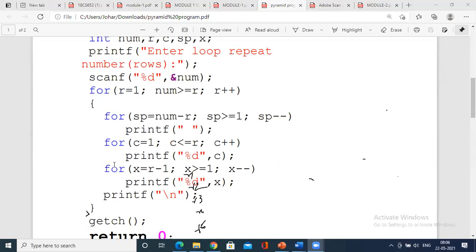This for will work only 5 times, but this for works the number of spaces that are required. This is to print the value. So if you have taken 1, it will print 1. If you take 0, 0 less than equals to 4, so with respect to that, it will print.